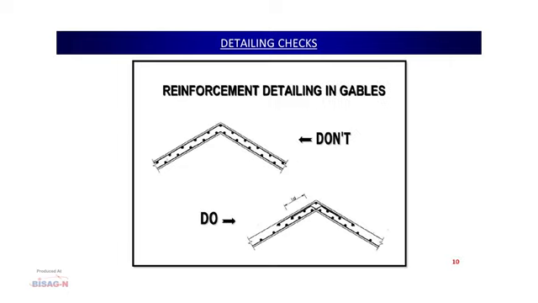Now, coming to the reinforcement detailing in the gables or the sloped beams. In the first case where I am showing the do not and the do, in the do not case, what people do is continue the bottom bars like this into the next portion, top bar like this into the next portion. This setup is also given as one of the options in SP 34, but it is never recommended to follow